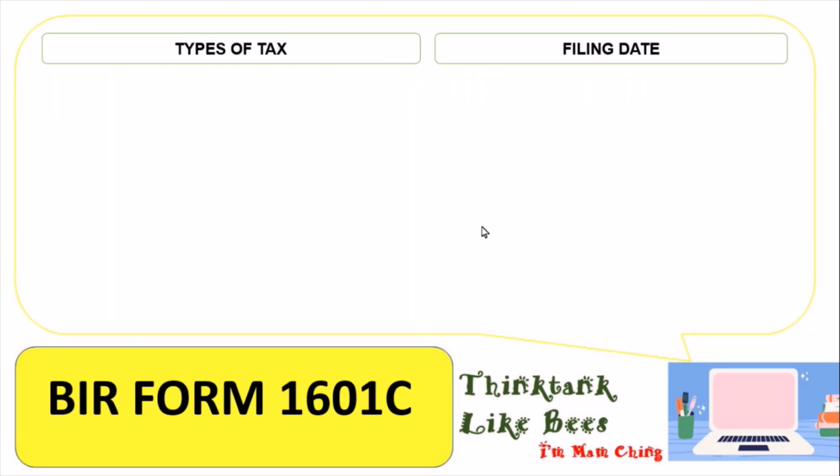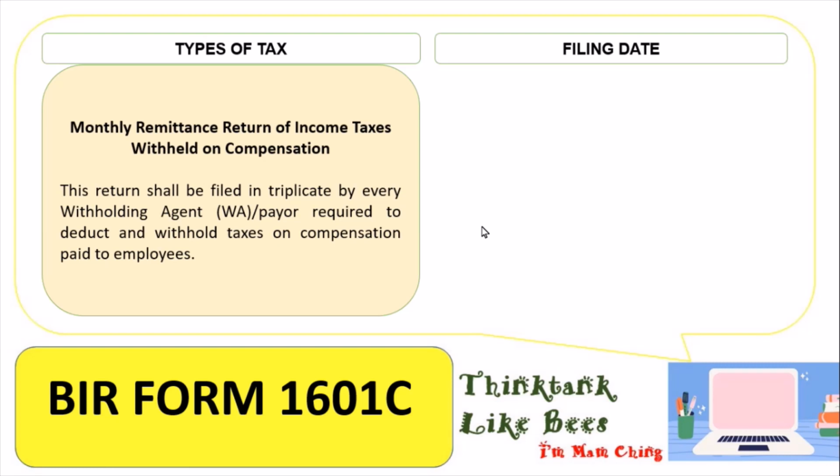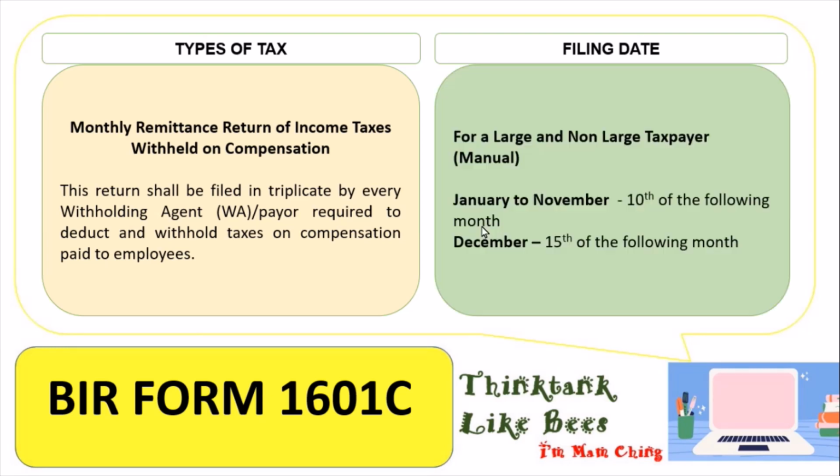Form 1601C is called the monthly remittance return of income tax withheld on compensation. This return shall be filed in triplicate by every withholding tax payer required to deduct and withhold taxes on compensation paid to employees. The filing date: